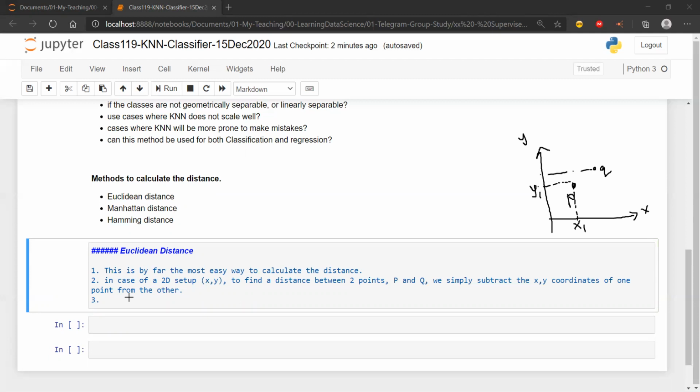And Q is going to have values Y2 and, on the x-axis, X2.